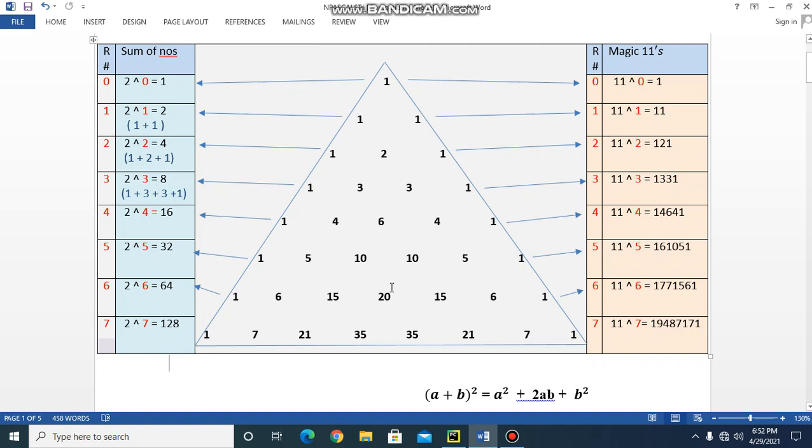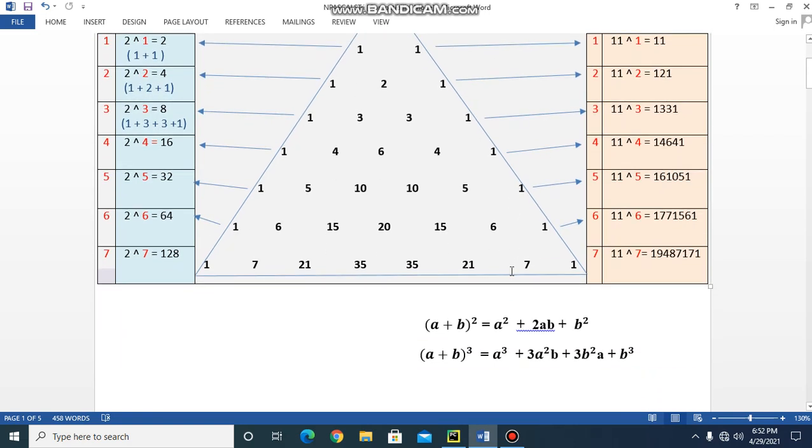So now the digit in the units place is 1, that is this 1 here, and the tens place number, that is 2, we add to the previous number, so 15 becomes 17 now. So the digit in the units place is 7, that is this 7, and the digit in the tens place, that is 1, is added to the previous number 6, so 6 becomes 7, that is this 7, and this 1 is here, that is this 1.